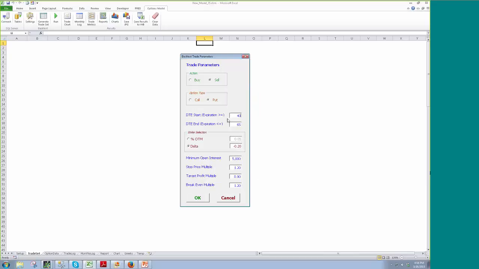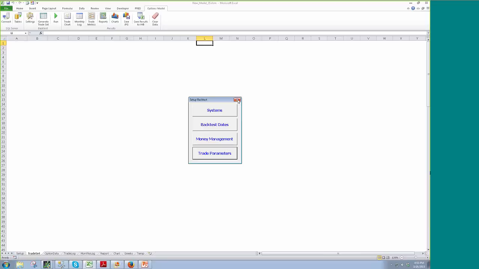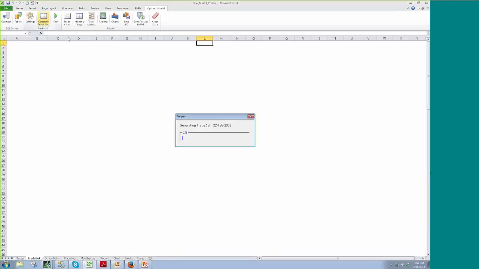The other thing that I've gone to is I can either switch between percent OTM or delta, and in the previous demonstration I was doing things based on a percent OTM. What's interesting is that I now can choose between the two, and I have found interestingly that running it based on delta actually works better. And the reason I believe that's the case is because delta tends to be more consistent